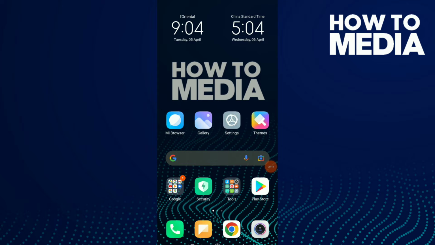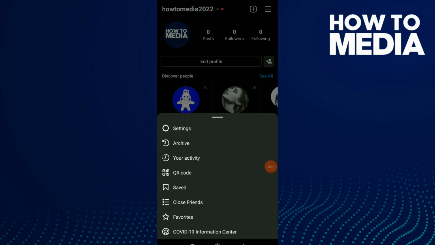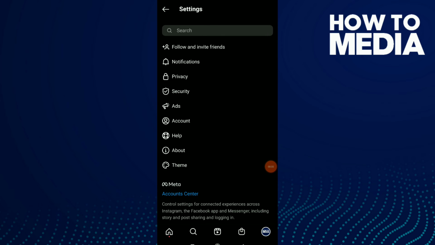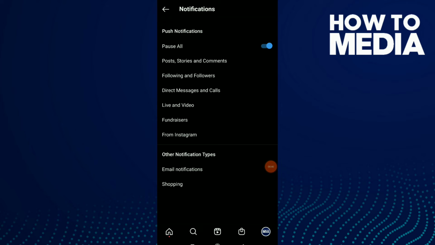First thing, go to your Instagram. Go to your profile and click on those three lines up there. Now click on settings. Click on the second option, which is notifications, and now click on the second option, post